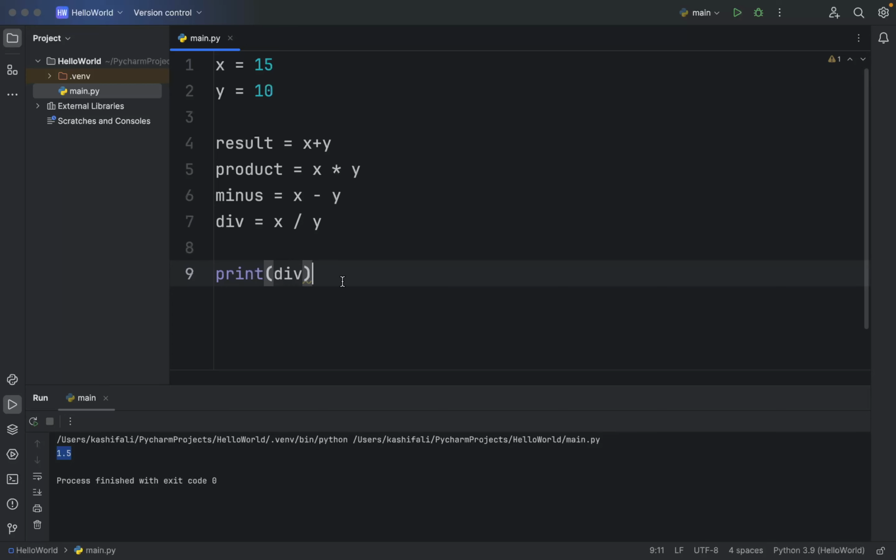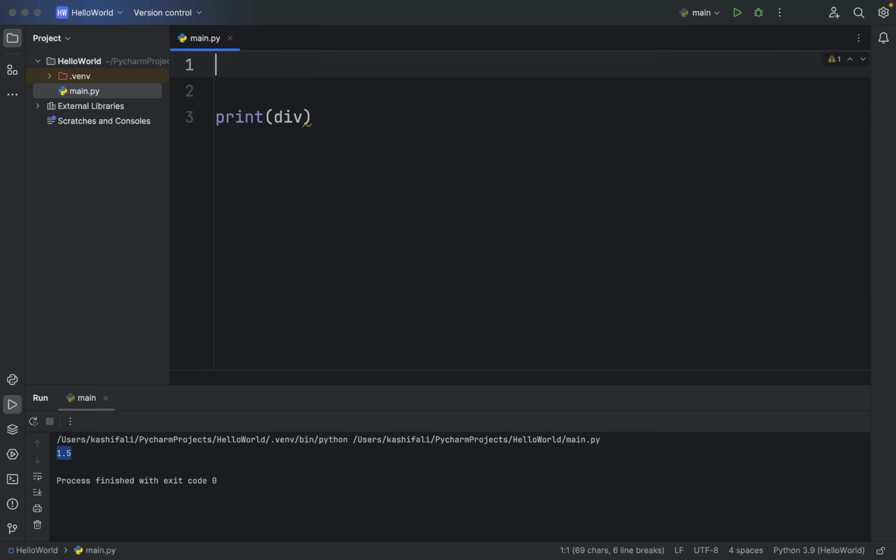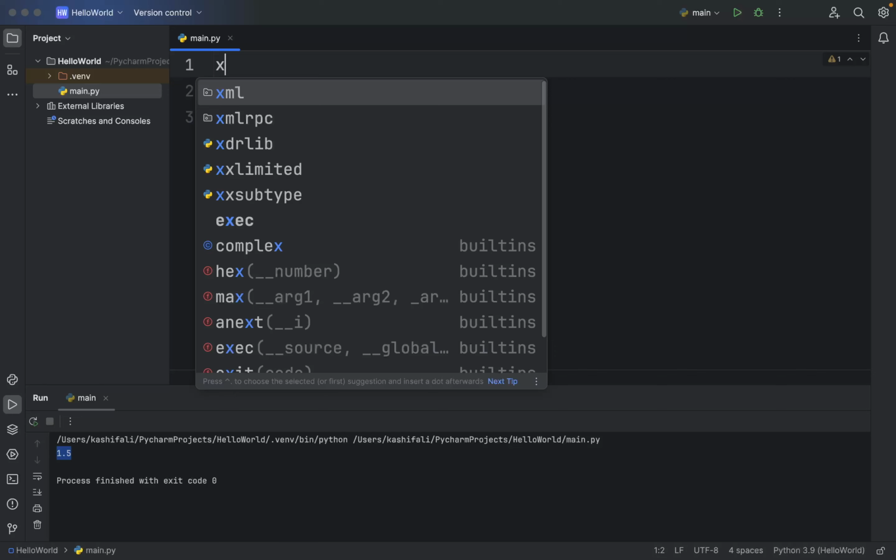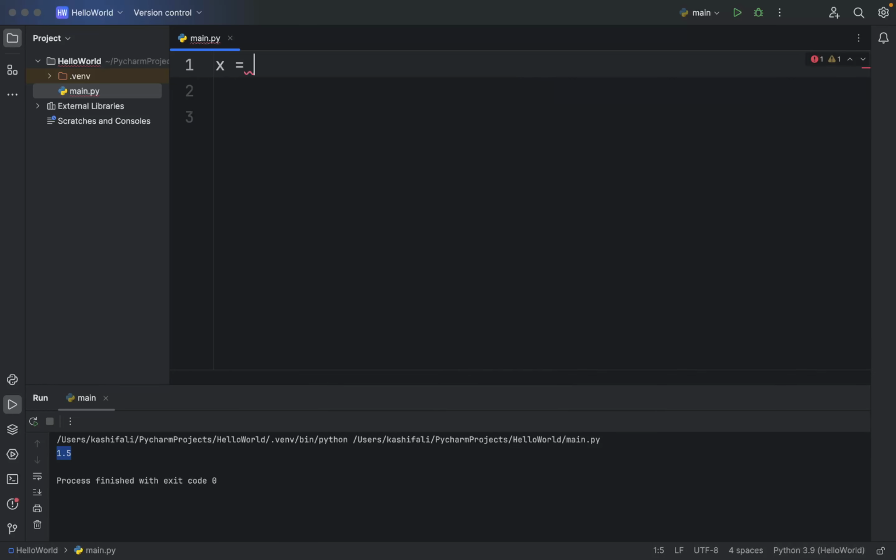Let's move to the next topic, which is user input, how we can take user input from console. And let's basically develop some calculator. So we can take a variable called x. Let's actually remove the whole code. And I'm taking variable x, and for taking input, there's a function in Python called input, and this will basically read the input from console. And inside this input, we can specify the message, enter first number,